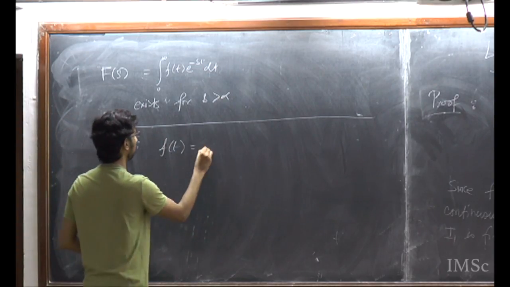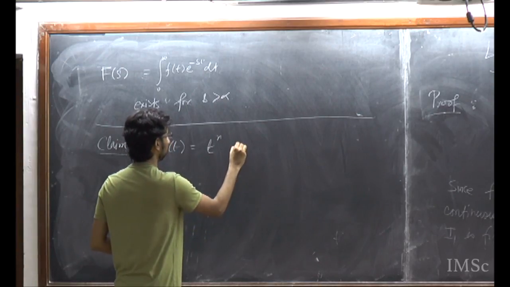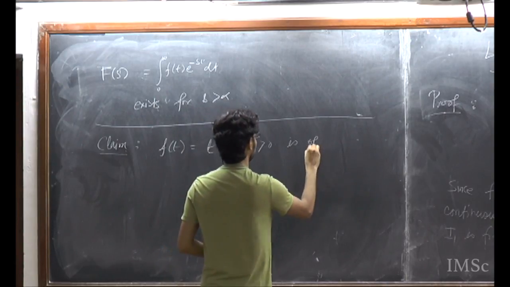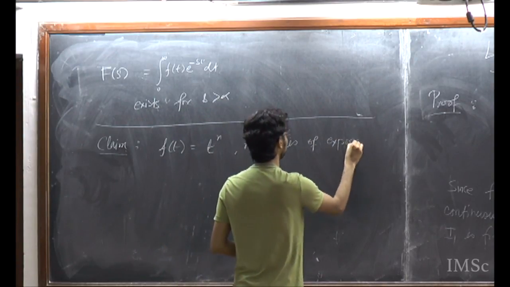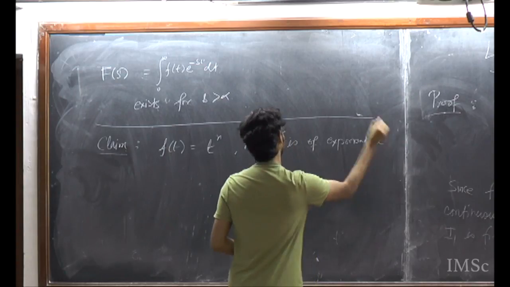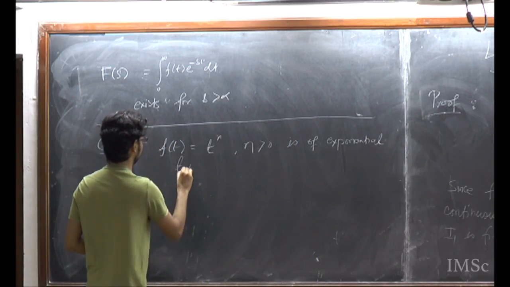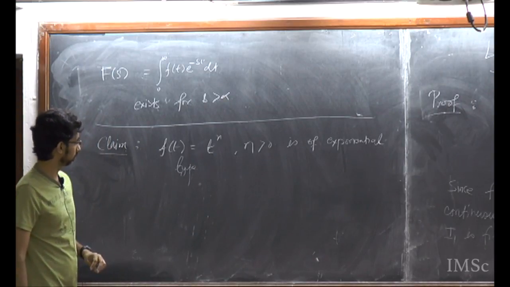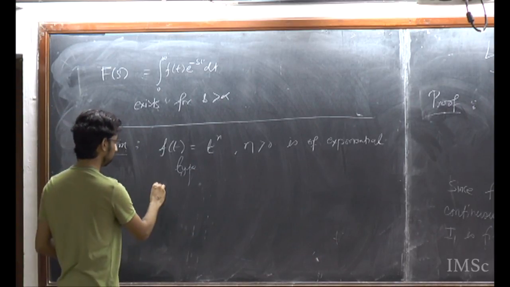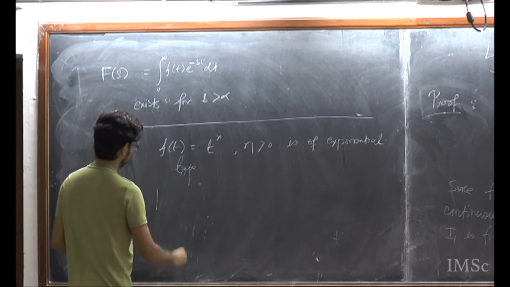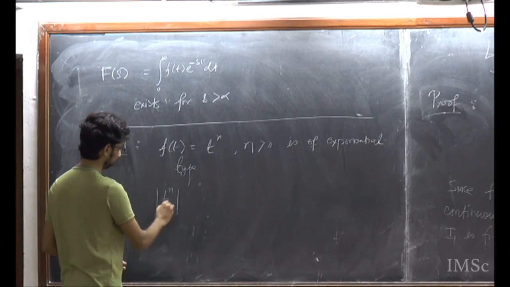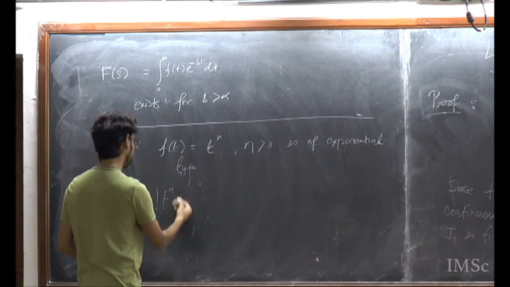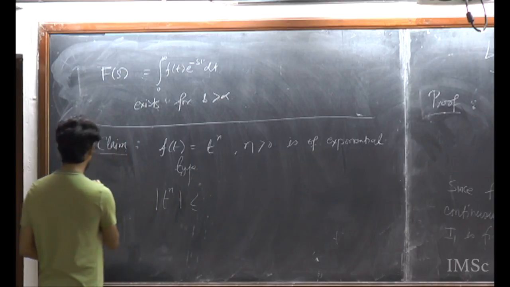F(t) equals t to the n, n greater than 0, is of exponential type with some exponential order that we have to find out. So what do we have to prove? We have to prove the modulus of t to the n, or let me put it on the other side. So we have to prove